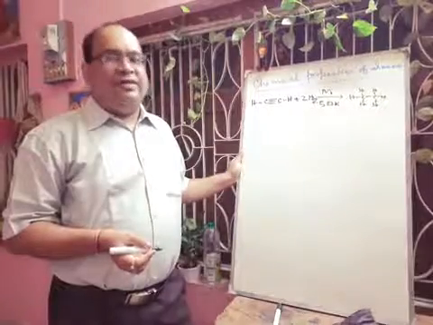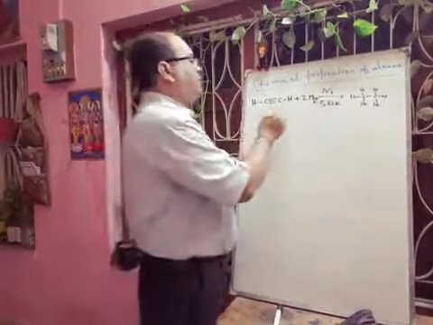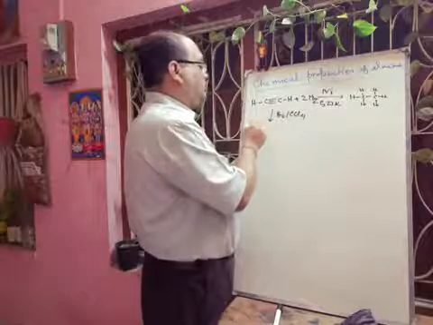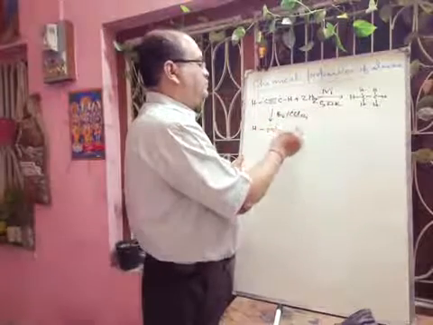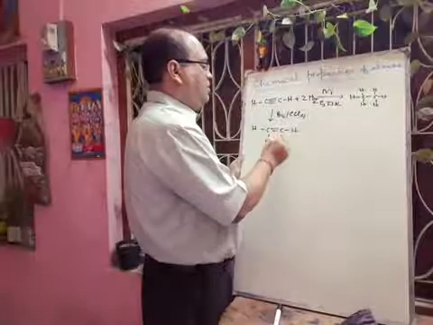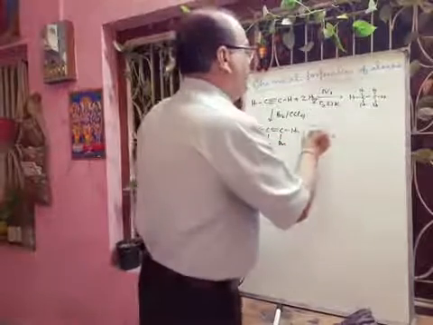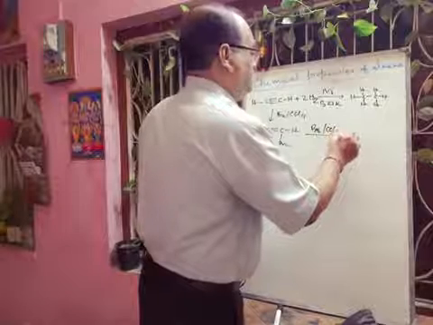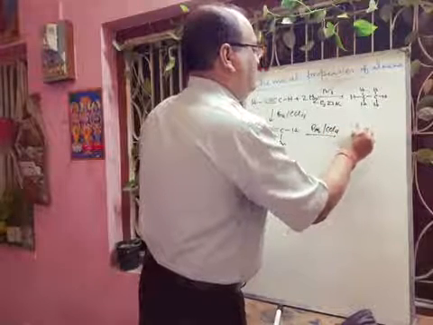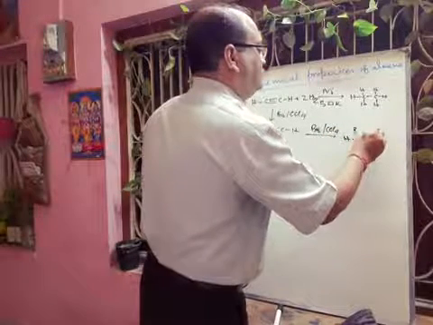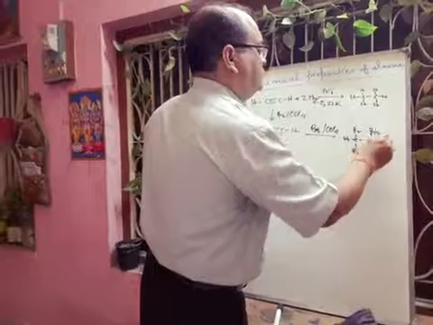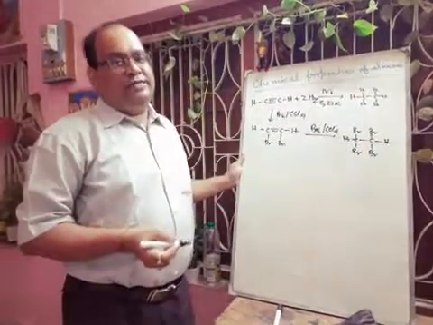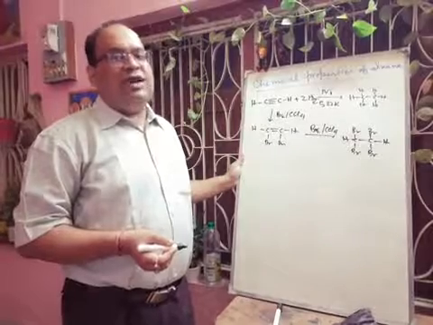And next one, addition of halogen. Here if we add bromine in carbon tetrachloride, what will happen? First 1 molecule of bromine will add here, and a dibromo compound will be formed. Then again this bromine in carbon tetrachloride will react with this double bond and we will get 1,1,2,2-tetrabromoethane.